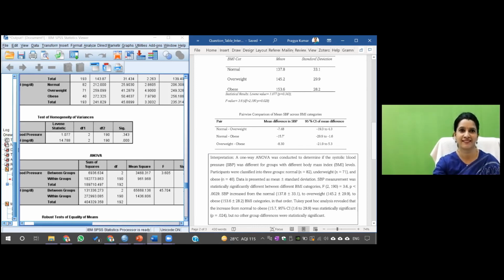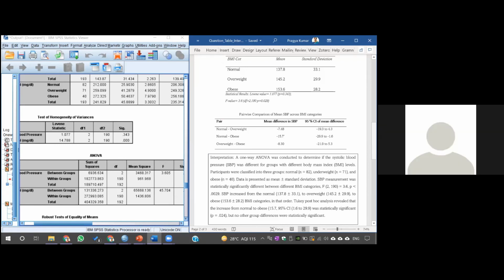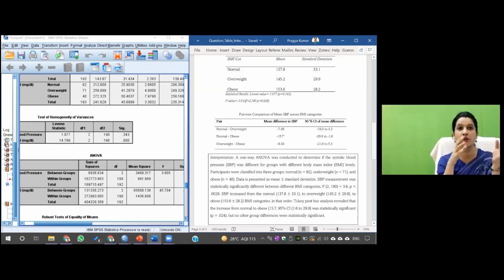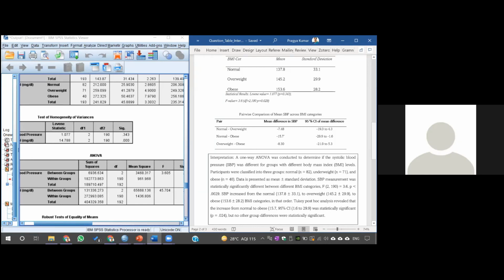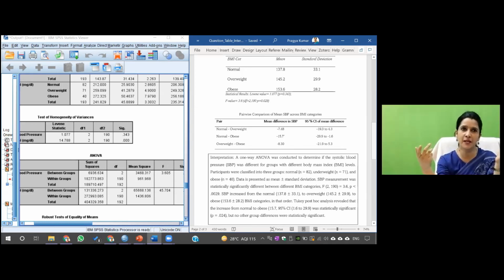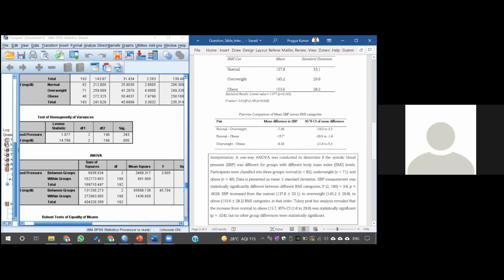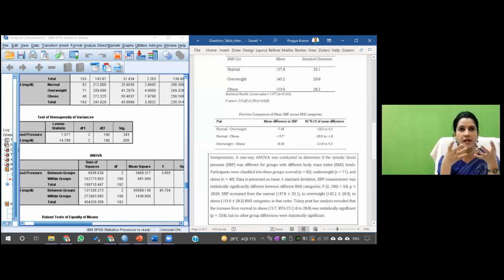Okay, that's why. Actually, the 6 pairs which you have seen, you have only answered that. That is the lower minus higher or higher minus lower. You know, software doesn't know whether to subtract lower from higher or higher from lower. It takes all the 6 into account. If you write normal overweight or you write overweight and normal, it is just the reverse of the sign. Did you get that? So we don't have to take all of them. No. Why would you take it? It will just be a repetition. So SPSS gives you that, but the pairwise comparison is the same.